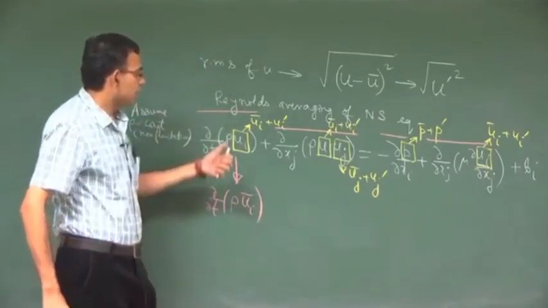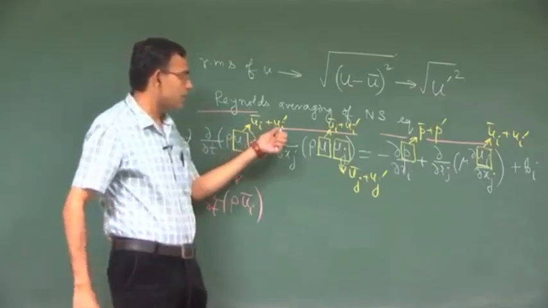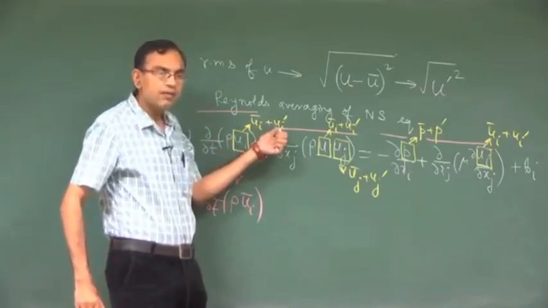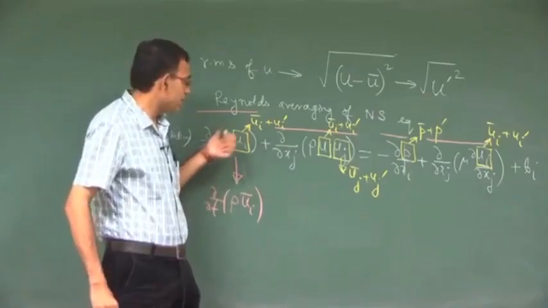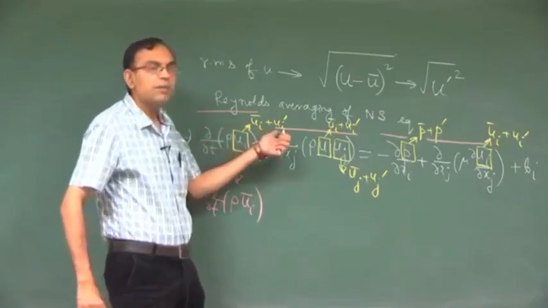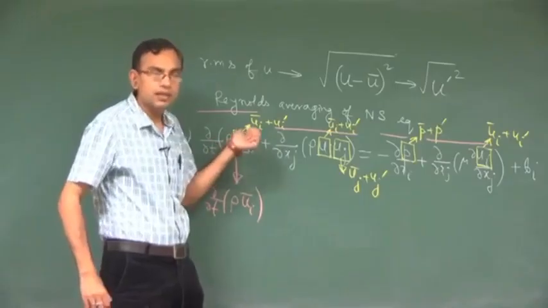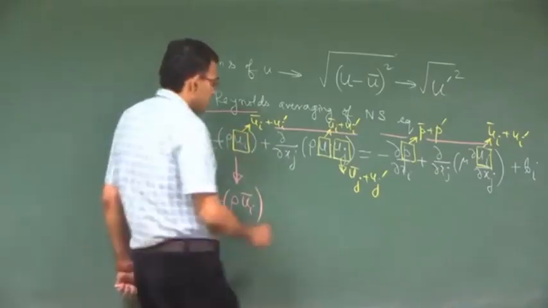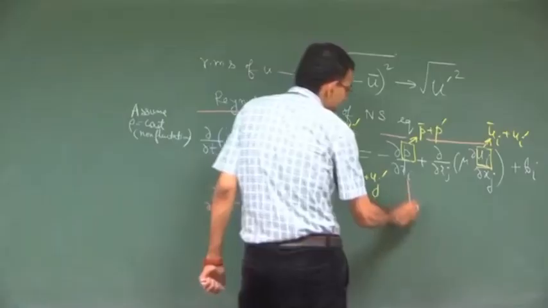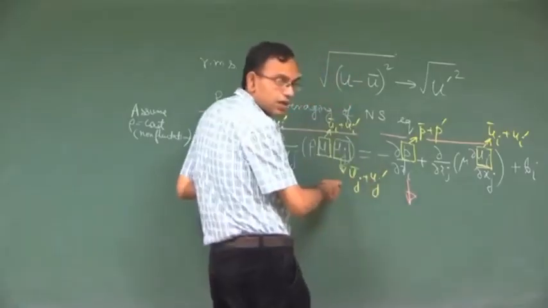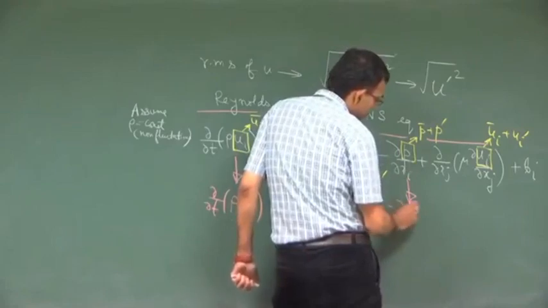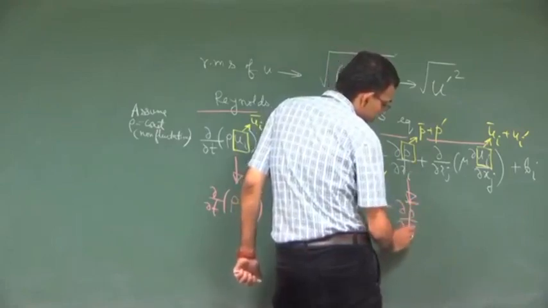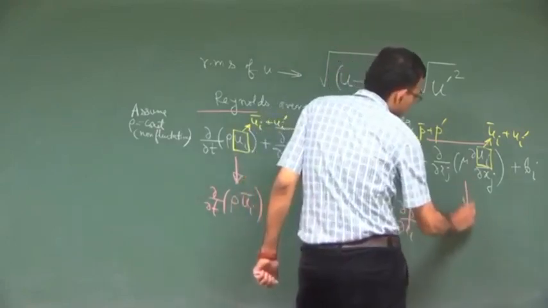Remember that the time scale over which you are finding this average is different from this one. So, this time derivative and the time averaging do not conflict with each other. This term is a little bit special, so we will take it up later on. So, this will be minus